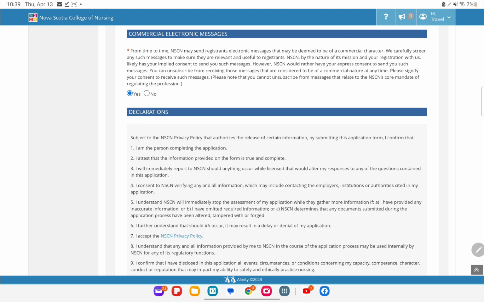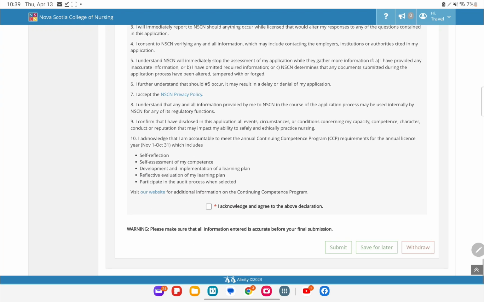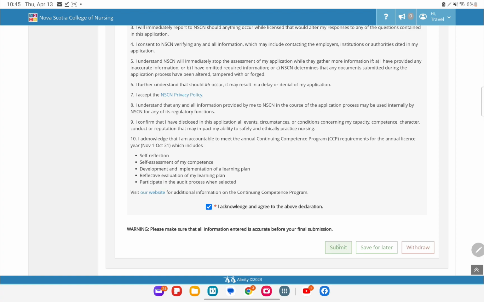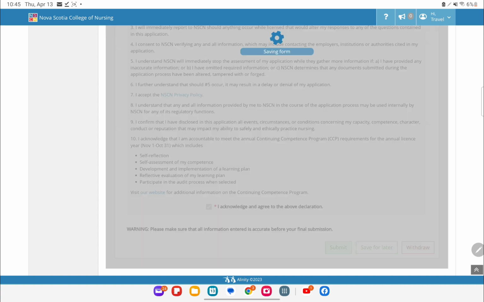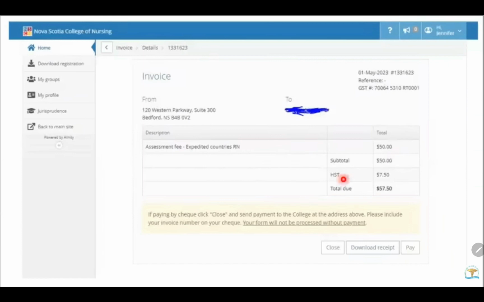After that, you go to declarations. The next step is to acknowledge by clicking on the button that says I acknowledge and agree to the above declaration. Then you click on submit. It takes you to a page that shows your invoice. The invoice tells you the amount of the assessment fee, which is